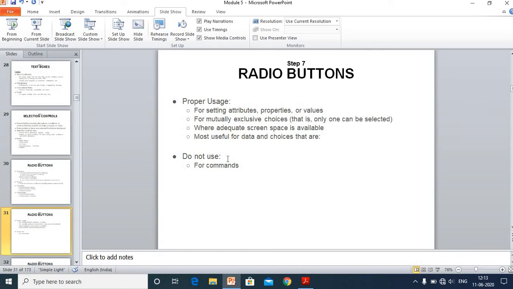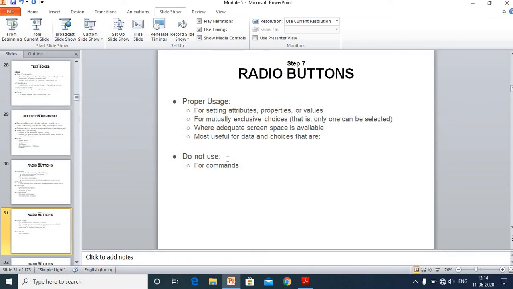Then for mutually exclusive choices, that means what? If I want to select one item, I can select only one item within a set of items. Then where adequate screen space is available, I cannot use radio buttons in a congested space. We should place these radio buttons on a larger screen.